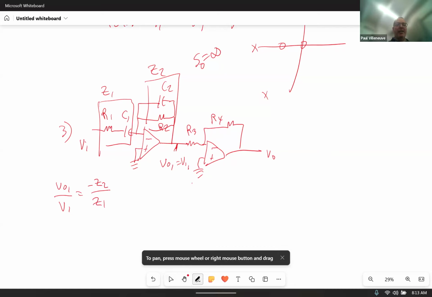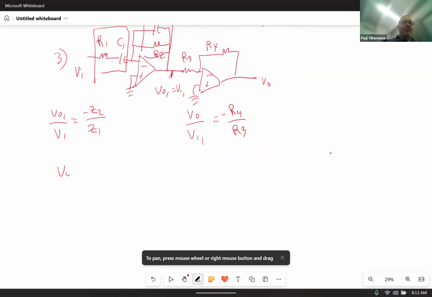Over here, it's the same process. V out over V in 1, which again is the same point as V out 1, is equal to negative R4 over R3. I didn't even bother talking about Z's because there's nothing to really combine there. Then I multiplied those together, V out 1 over V in, multiplied by V out over V in 1, which again, these two are the same, is going to be equal to V out over V in, right? So that's going to be equal to positive, because the two negatives cancel, Z2 over Z1,